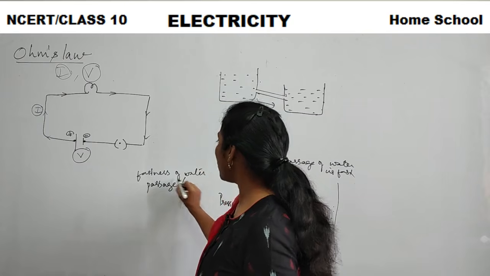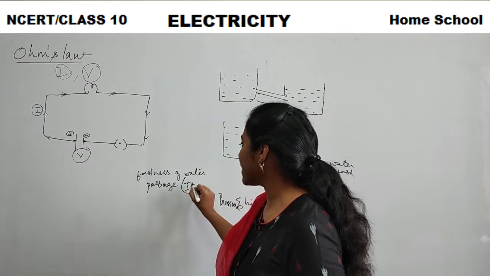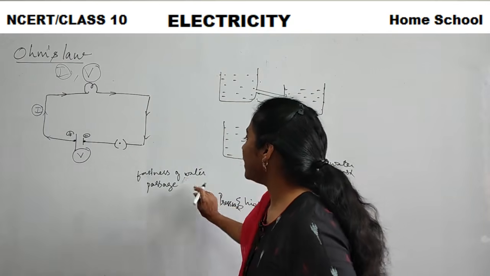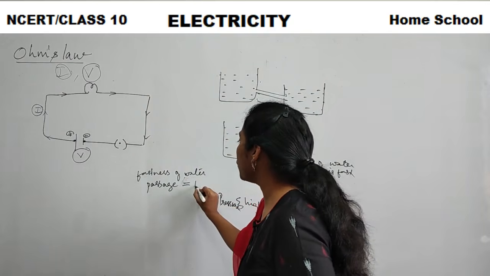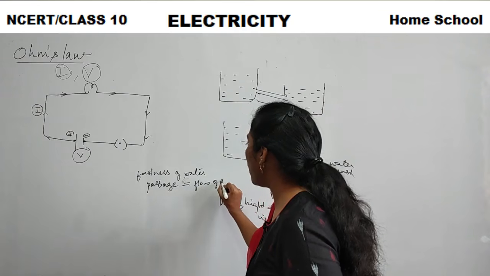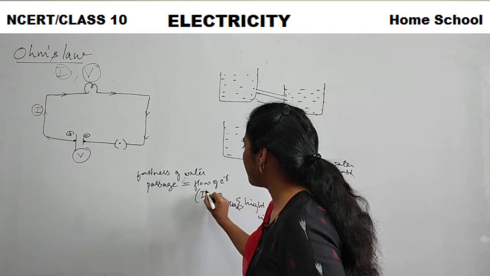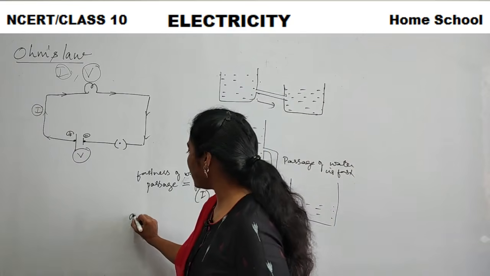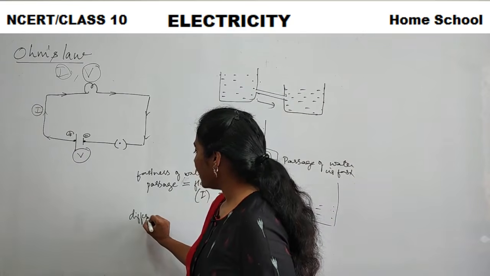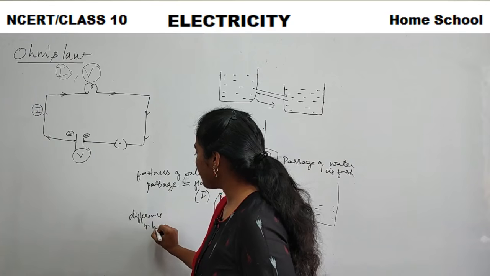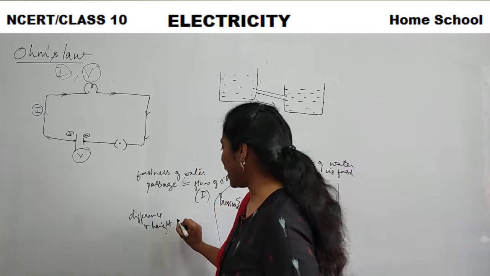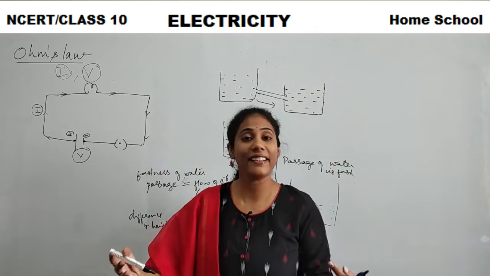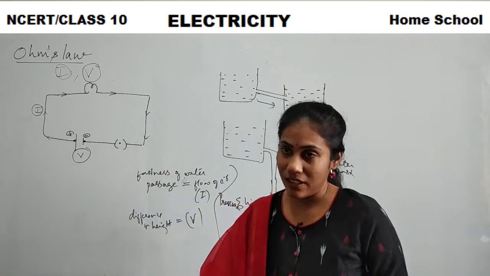I will compare with electron flow, that is current. Okay, I am comparing. Imagine this particular thing I will compare with flow of electrons, that is I. And now the difference in height, in case of the water analogy, difference in height or pressure, I will compare with potential. Potential difference is what? Difference in that electric pressure, right?